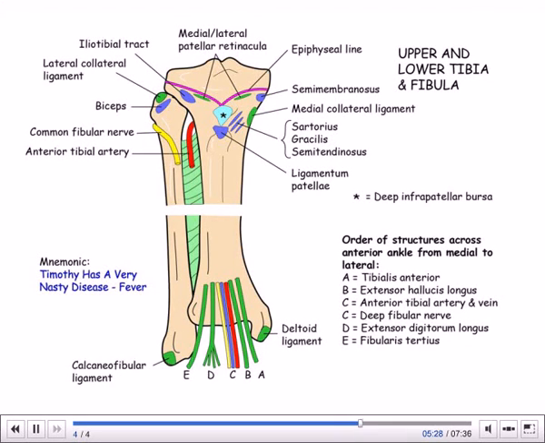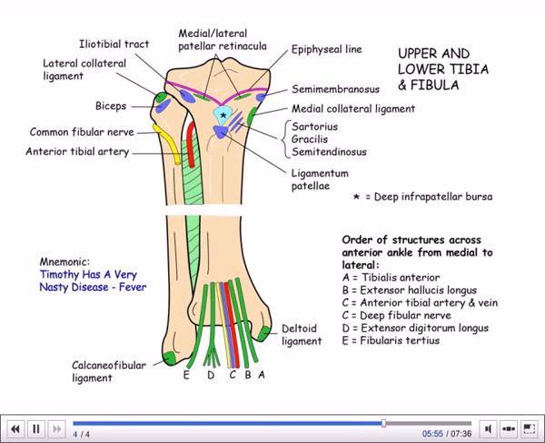It soon divides into its superficial and deep branches, which we've described in detail elsewhere. Note that the anterior tibial artery is allowed to pass through between the bones above the superior aspect of the interosseous membrane,